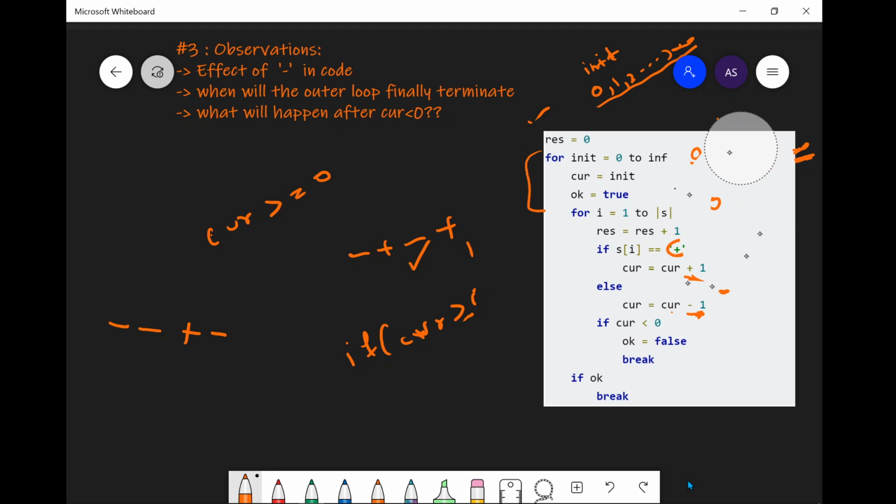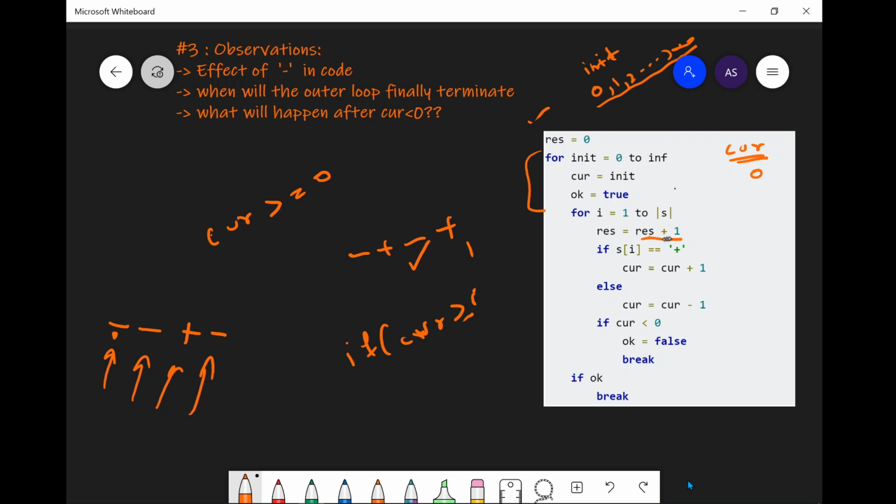Okay, so let me just clear this all. So here we will be noting what is the value of the current variable. So in the first iteration current would be 0, we would be entering this small iteration. In this we would be first going here, here, here and then here, so all 4 positions would be visited once. So when we are here, then result is incremented by 1.